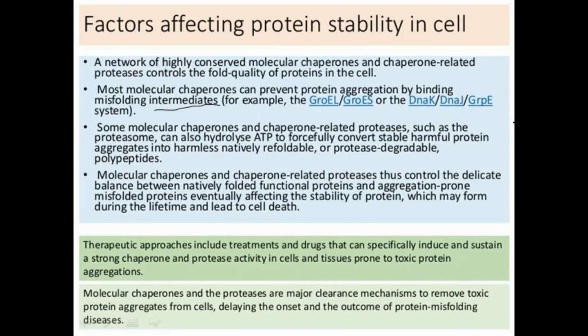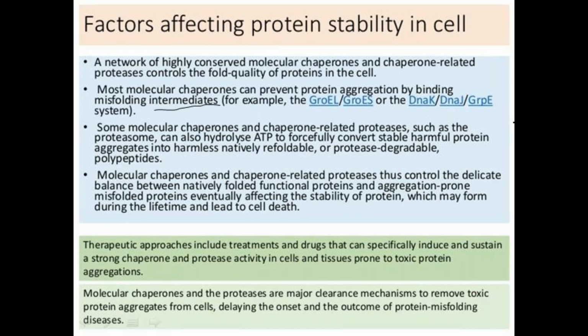If we have to remove the toxic intermediates present in our body, then this chaperone-related protease activity causes a change in the conformation of that protein. That means it is eliminating the toxic ones. Also, toxic proteins are removed by this, and if misfoldings of proteins arise in our body, they can also be deleted by using this.